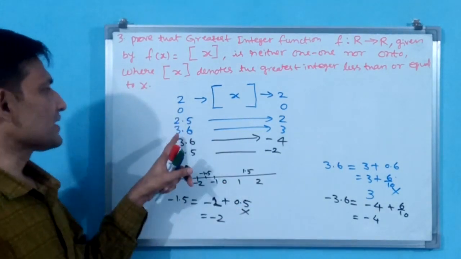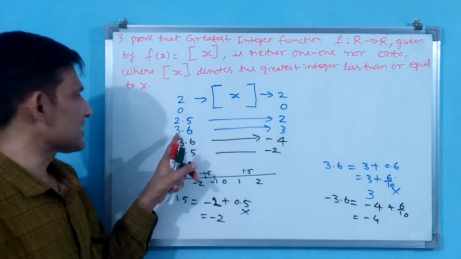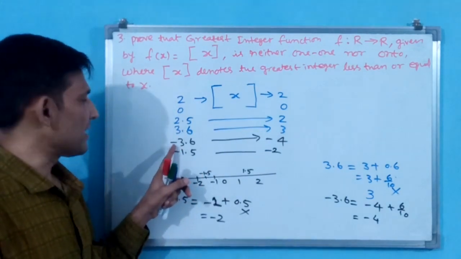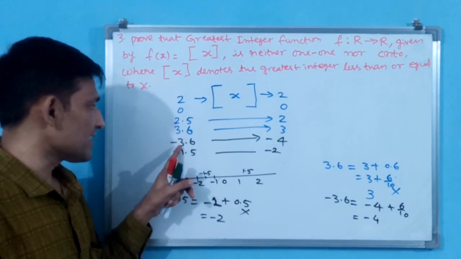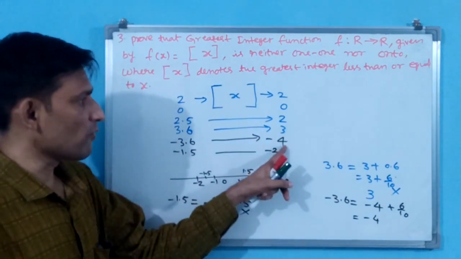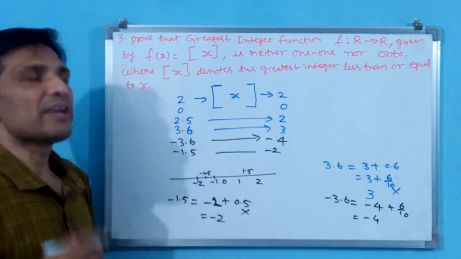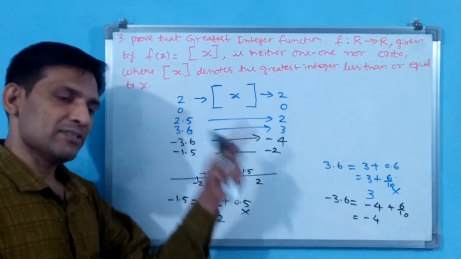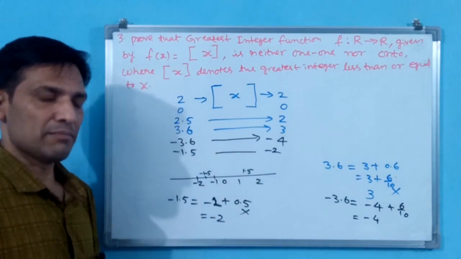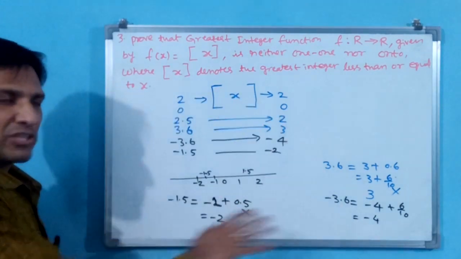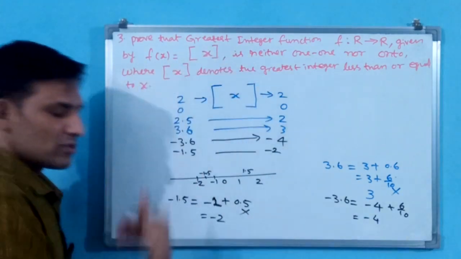For the greatest integer function, 3.6 means 3 will come, because 3 is the lesser figure. But if it is a negative number, minus 3.6 means 3 is going to become 4, minus 4. Why? Because minus 4 is less. Immediately in your brain you have to think: minus 3.6, okay, take the lesser one. Minus 4 is less, so you have to take minus 4. Okay? This is the specialty of this function. Now we go for the original problem.